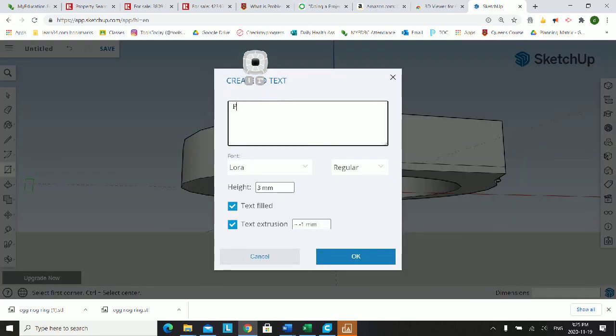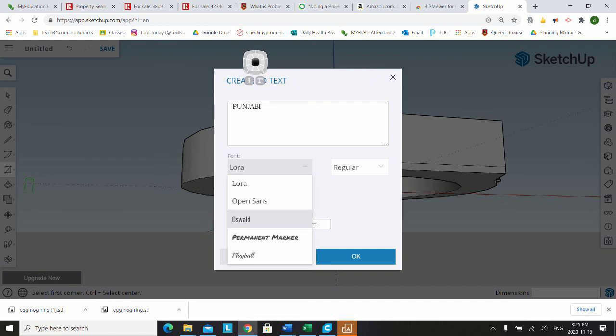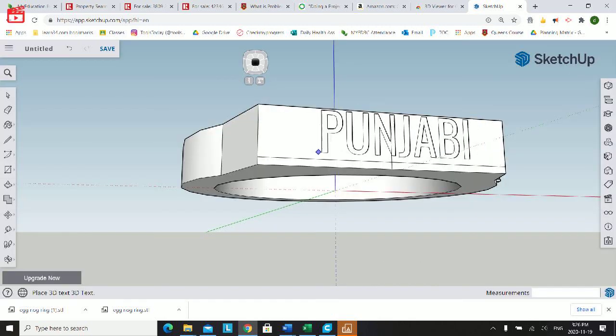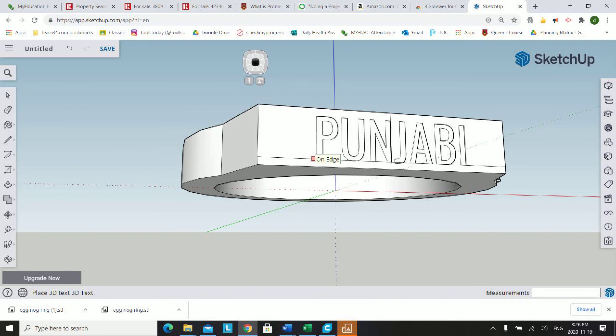I'm going to write Punjabi. I'm going to choose Oswald, and 3 millimeters height, extrusion. I'm going to do it recessed because I think that looks pretty cool. Click OK. So now I'm going to put this, the letter N is right in the middle, right there. Now I'm going to have to